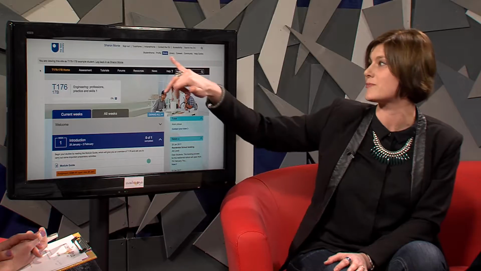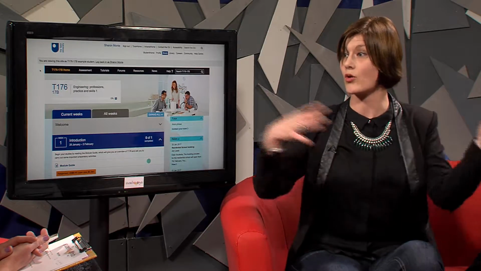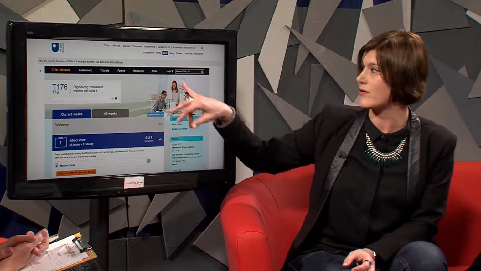So Student Home's very generic. That's how you get to the library, the careers service, and all of those other areas of support. But this is more specific to your module. Yeah, and then along the top here, you've got access to your core links, which persist throughout. So you can always get back to Student Home. You can always get back to your profile information, and edit it, which will give you access back to updating all your contact details. You've got access to the library, careers, community, and the help centre over here, on this top level navigation. That's more generic. That's your help information across the whole university and across your whole studies, whereas help over here is more specific to your module website itself.